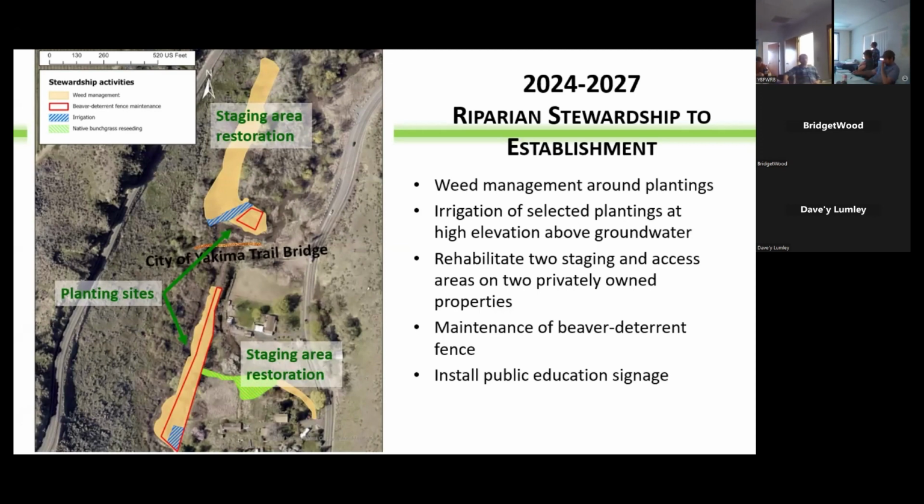This is during 2024. I don't know that everybody can see that, but it's 2024 through 2027. So essentially, if year one is on the 5-year plan of riparian stewardship, year one is installation. We're proposing 4 years of stewardship to plant establishment. And that is something that Mid-Columbia Fisheries has really been focused on and trying to educate our funders about how long it takes to get plants to get their roots established and to be able to walk away from a